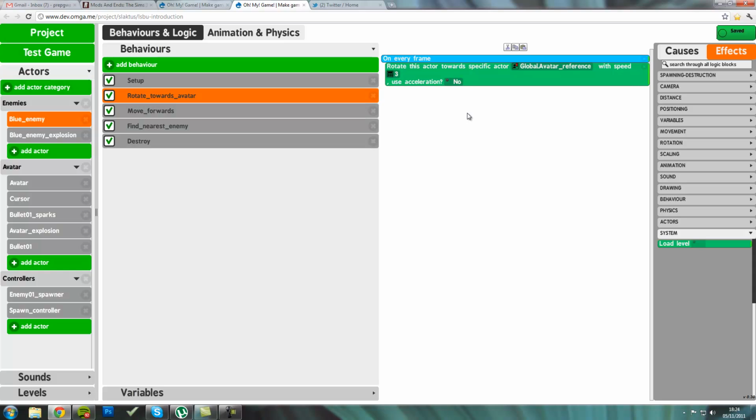The acceleration means that the amount rotated every frame increases over time up to a certain threshold, but it's fairly hard to control if you're doing a lot of full rotation, so we're keeping it up for now. Now, since he's constantly rotating towards the avatar, all he needs to do to chase him is to just move forwards. So on every frame he moves forward to speed 8, which is slightly higher than his mass,